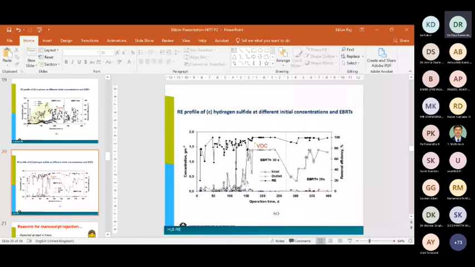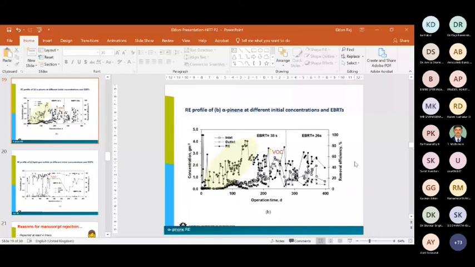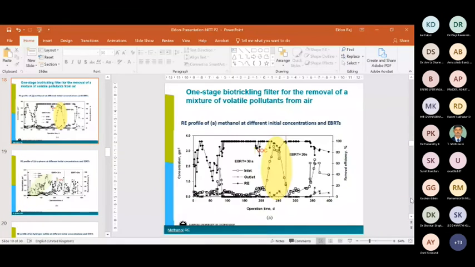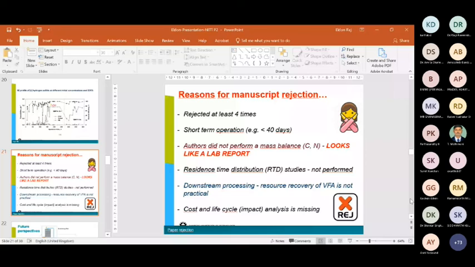Okay, friends, so now this is a much more complex system because we have three different types of pollutants. And now I want to share some of my experiences with you in terms of writing the paper, because of course we all want to publish. But when we had this kind of data, and I did not show you the microbial community analysis, we had microbial community analysis. We also had modeling for this, because in chemical engineering terms, this is no longer a steady state system. In my opinion, this is a highly pseudo steady state, or a transient state system, because it never achieved a steady state. So we did a neural network based model. We submitted the paper,